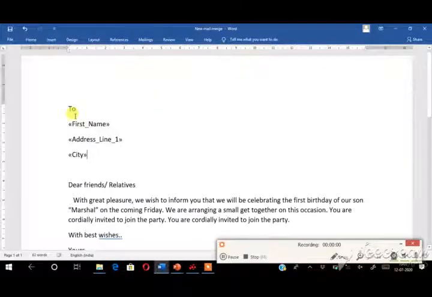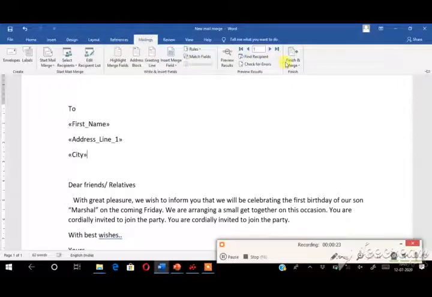So in the address fields, I am choosing these three fields only. First click one field. Again you have to place the cursor at another place for the next field and insert it in the same manner. And now you have to merge this document and the addresses. Let us see how to merge the document and addresses. Now you have to choose the finish and merge option from the finish group. First click the mailings tab and choose the finish and merge option. Here you have to choose the edit individual documents option.